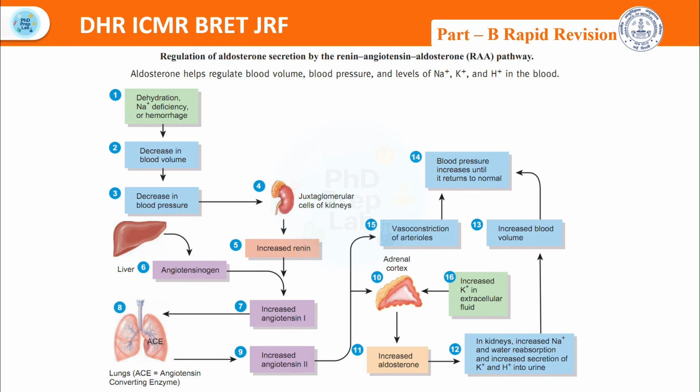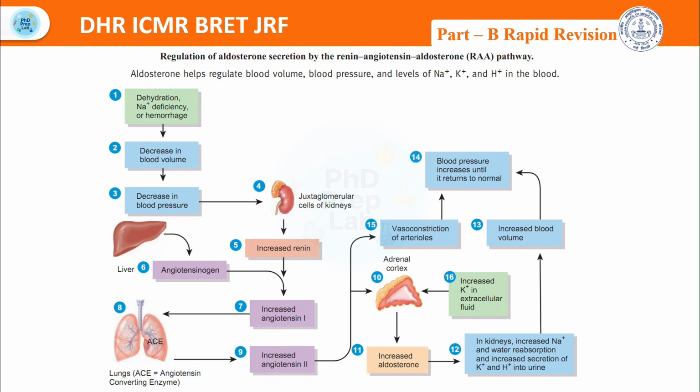So this is how the regulation of aldosterone secretion by the renin-angiotensin-aldosterone system is done, which is the RAA pathway. The renin-angiotensin mechanism is the hormonal system which regulates blood pressure, fluid, and electrolyte balance. First, there is the release of renin, which is produced by the juxtaglomerular cells of the kidney in response to lower blood pressure or lower sodium concentration in the distal tubule,